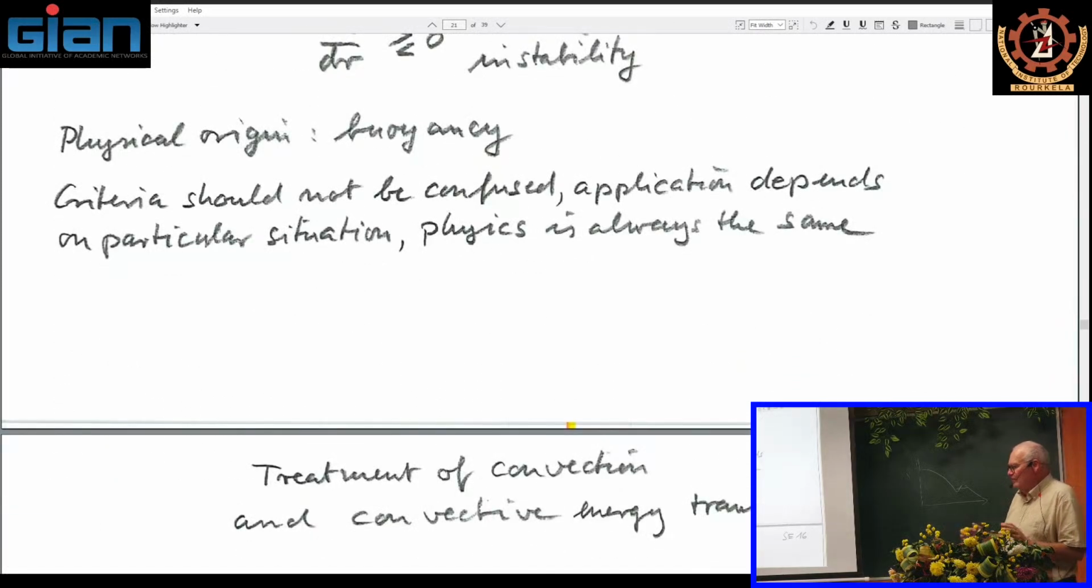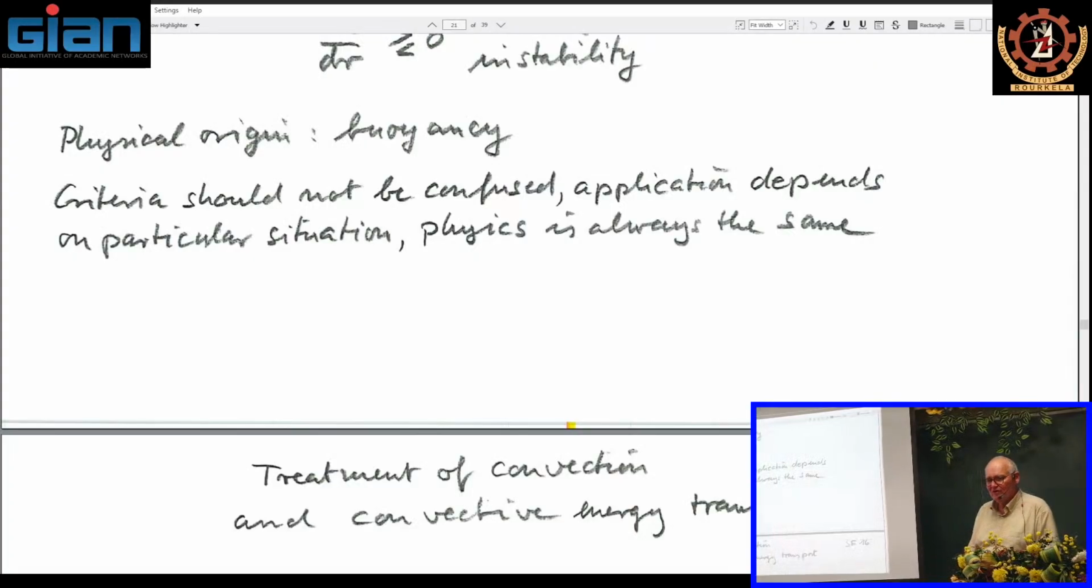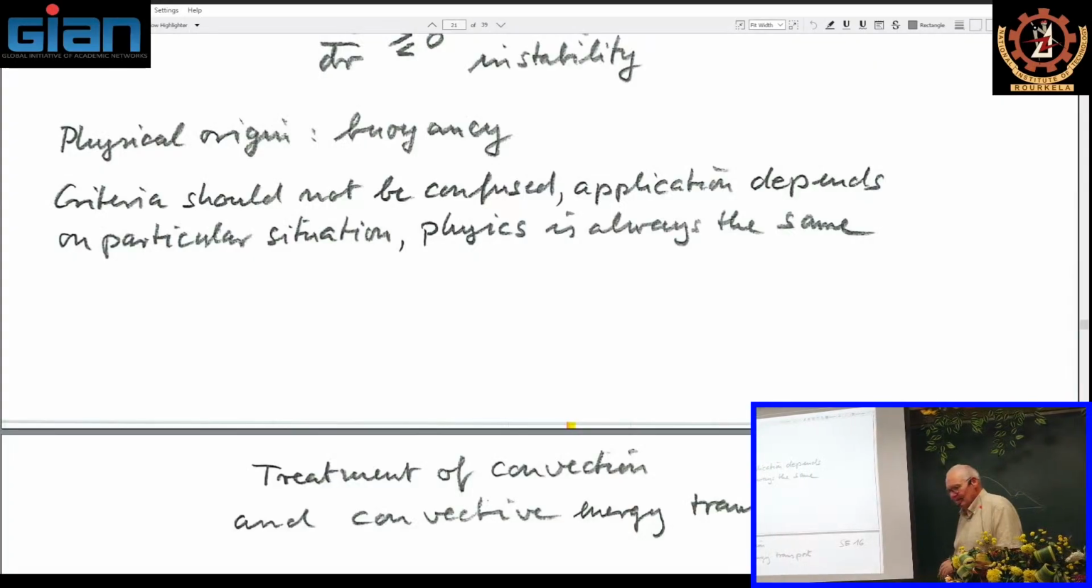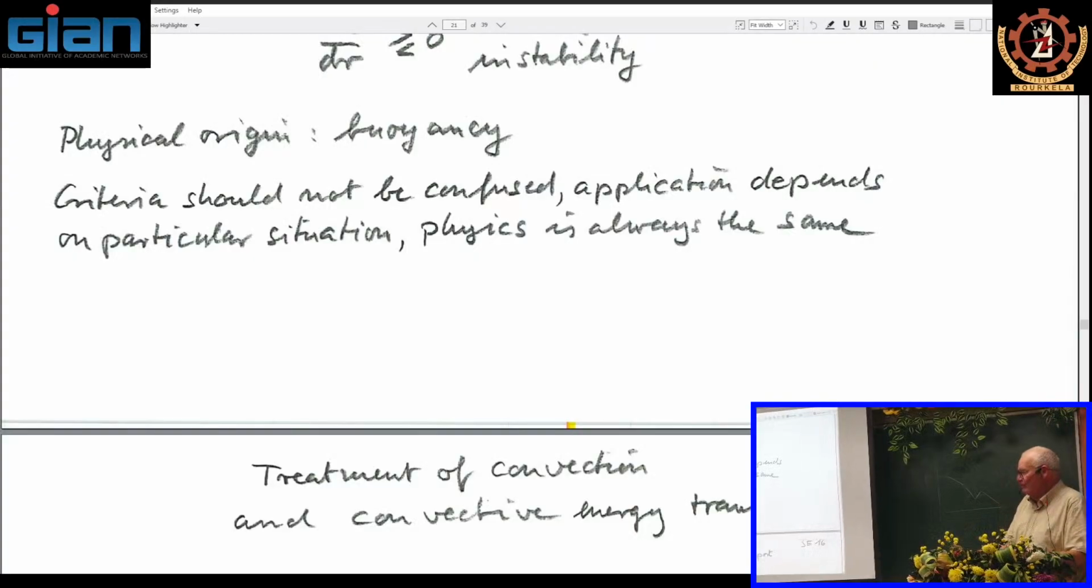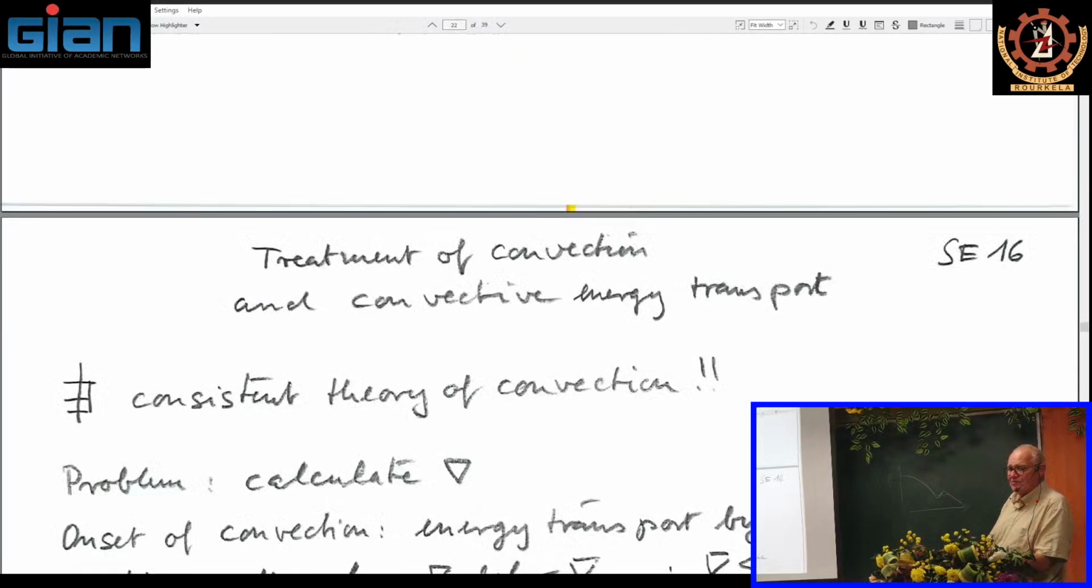Okay, now we have considered the onset of convection. We have considered the stability criteria. Now we would like to know what happens then. Once the stratification is unstable, the matter starts to move. You have convective motion, and this gives rise to convective energy transport. How do we describe convective energy transport? And this is the big problem in astrophysics. There is no consistent theory of convection so far, and even the simulations might not be useful